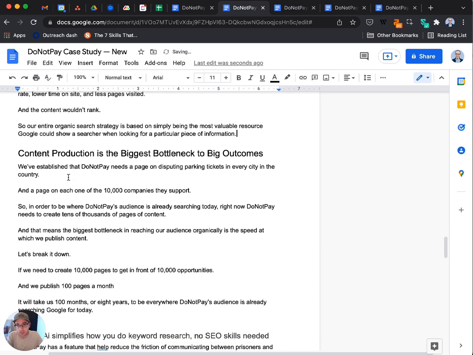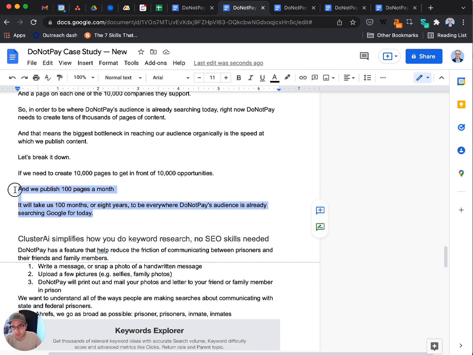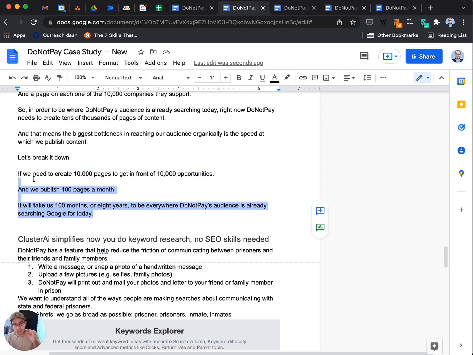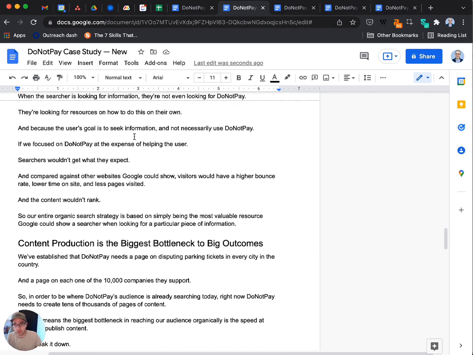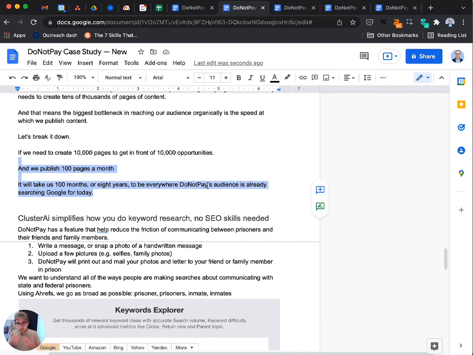Then, content production is the biggest bottleneck to big outcomes. The one big note I saw here, which I'll leave in, is that when I looked at all 5,000 words in a single doc, I didn't really see this point revisited. And it feels like the first part of a good point. Like, okay, if we're putting out 100 pages a month, which is very high velocity for pretty much any company, it's still going to take us 8 years to meet this localized long tail approach that we talk about here. So it says we would need 8 years, but then you don't revisit it. So then it sounds like you're leaving it hanging and saying to get to where we want to be, it's going to take 8 years. When really you want to be saying we found a way around it, we found a way to prioritize keywords, for example, based off of volume and intent, and figure out where to meet in the middle there,